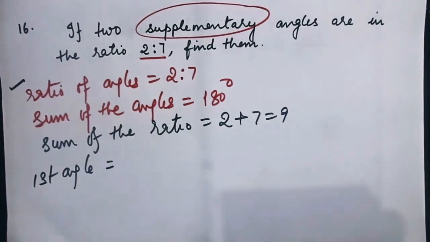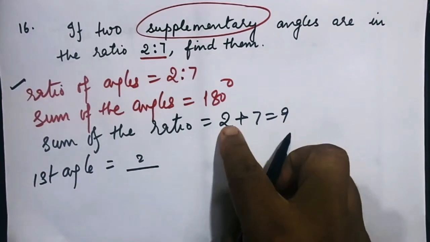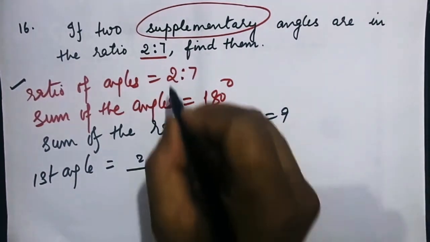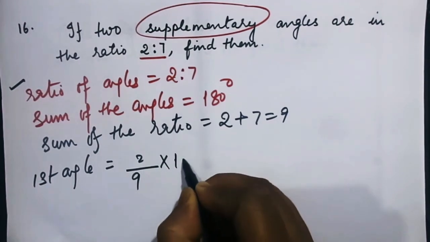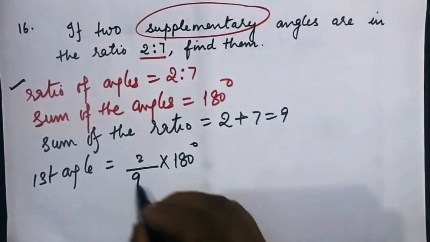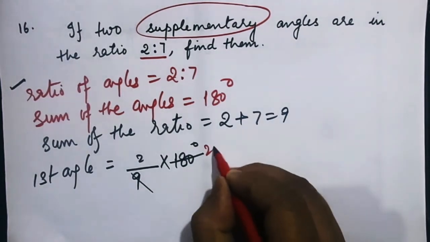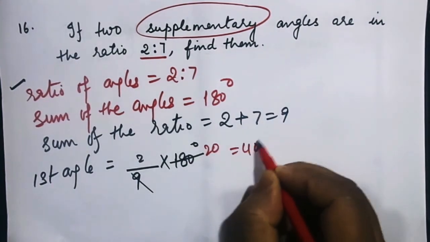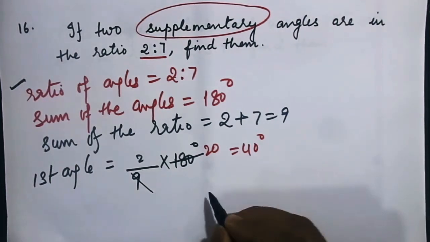First angle will be equal to 2 by the total, the sum of the ratio, multiplied by the total value given. So 2 by 9 into 180, 9 twos are 18, is equal to 40 degree, while your second angle